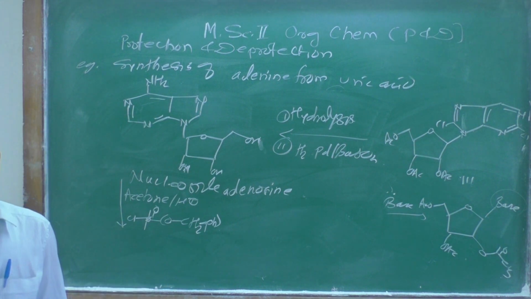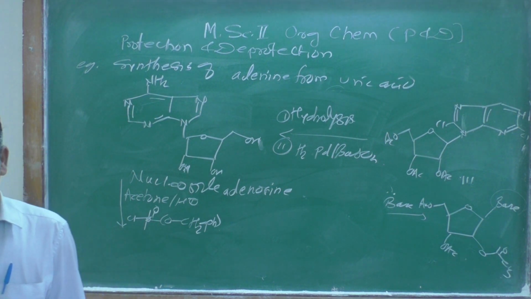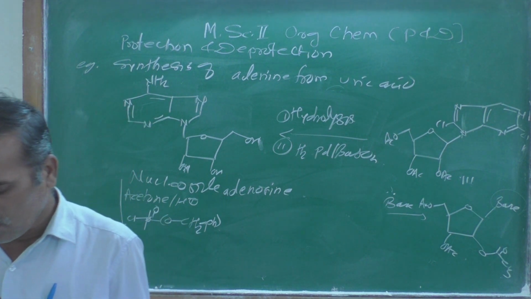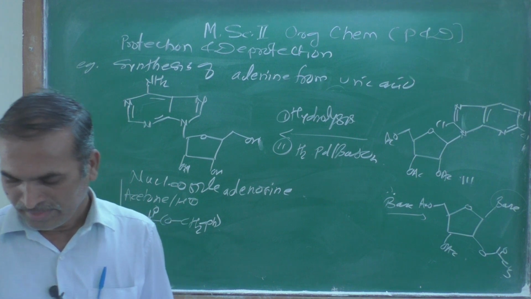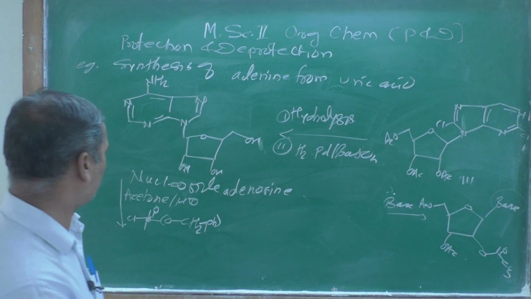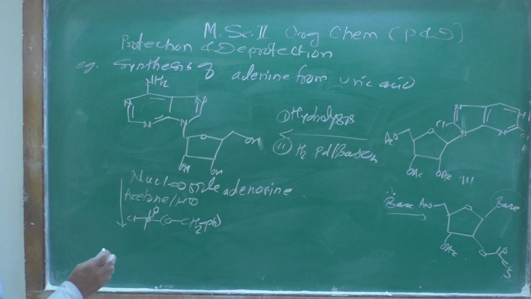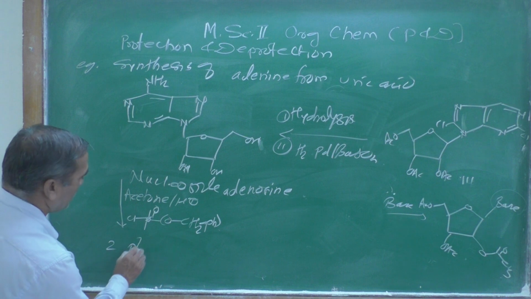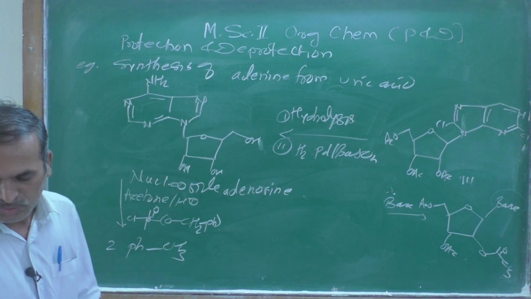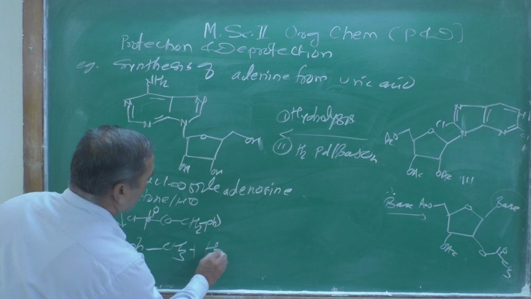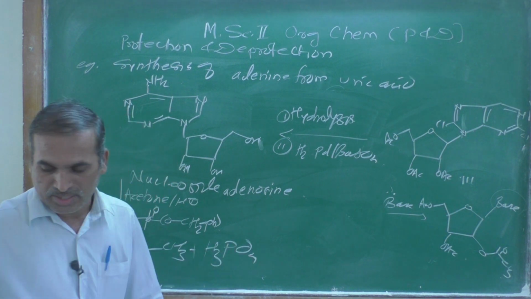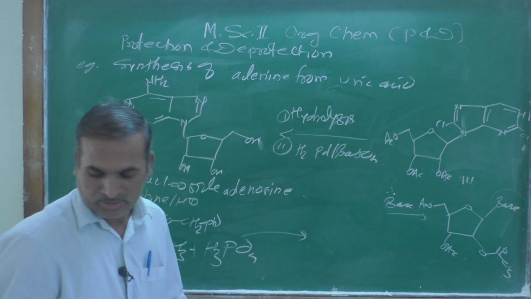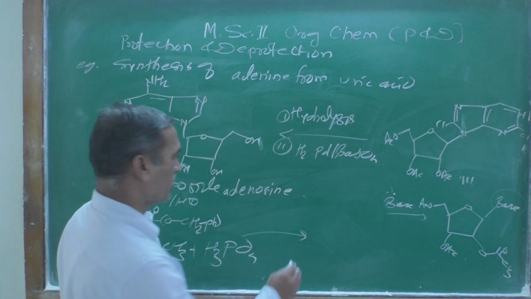That is the second reagent added over there, and we are going to get the nucleoside of adenosine. And after doing this, what are you going to get? You are going to get 2 moles of this one, PhCH3 toluene, as well as H3PO4. That is the product you are going to get,